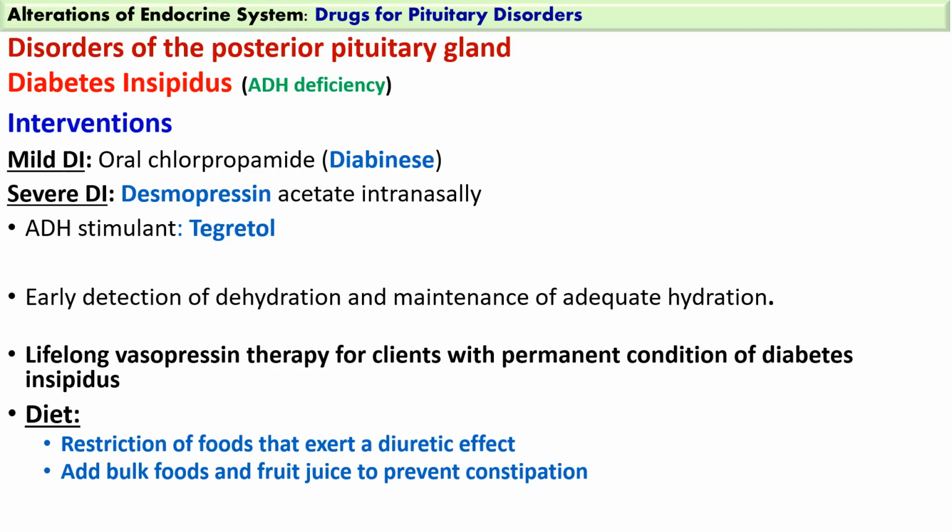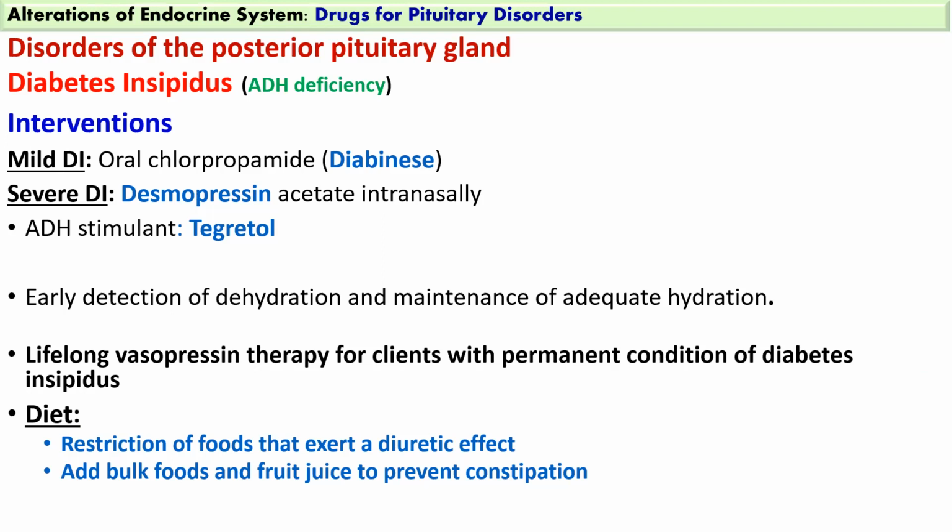The ADH hormone stimulant is carbamazepine, Tegretol. If you go back to the class when we covered the anti-epileptic, anti-seizure medications, one of them was carbamazepine, which is Tegretol. It's also an ADH hormone stimulant. Pitressin or desmopressin can be given. We can prescribe it for patients with coronary artery disease, but we have to administer it with caution for patients with CAD